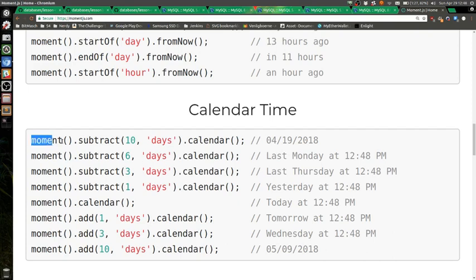Yeah, there's an example here. Today minus 10 days. There you go. So that's a good library for that. I know in Python there's a library for it as well. In PHP there's a date time class, and